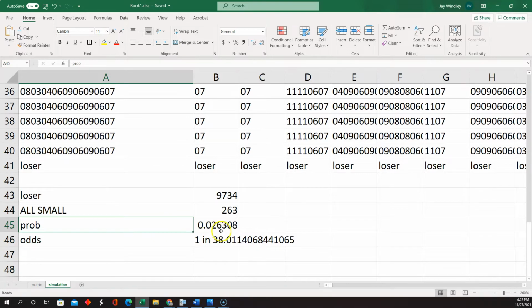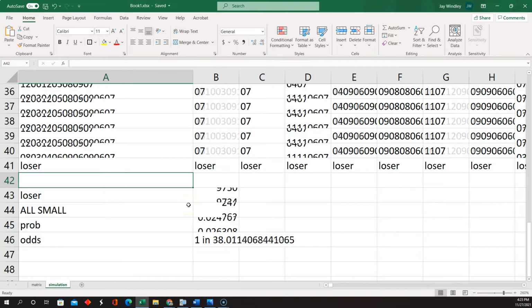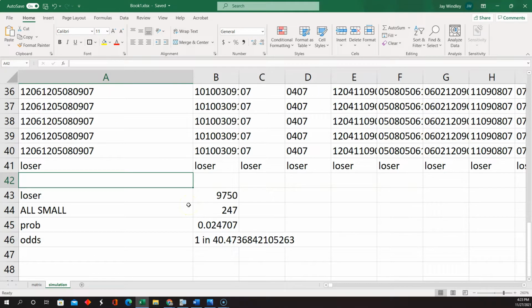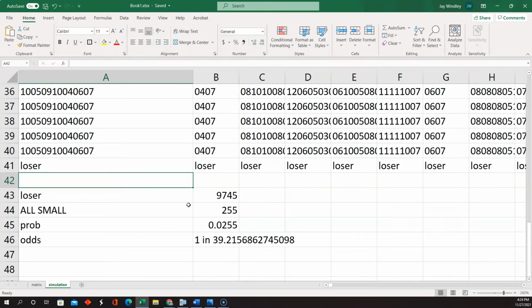And it looks like that's almost exactly Mike's number from the Wizard of Odds, 2.5%, 2.6%. But if I do another 10,000 simulations, that's 2.4%. So probably doing it 10,000 times is not enough. And so then I went over to a